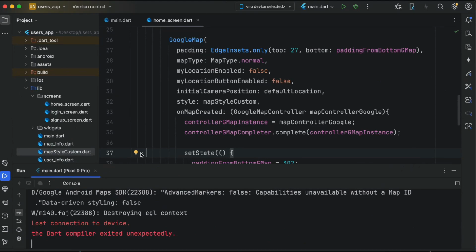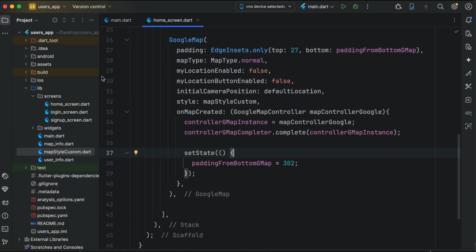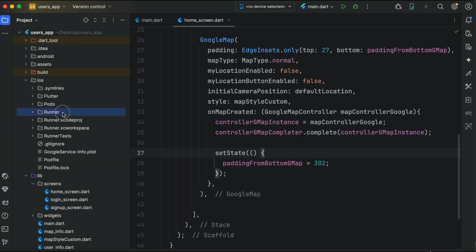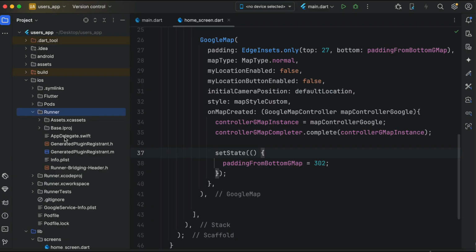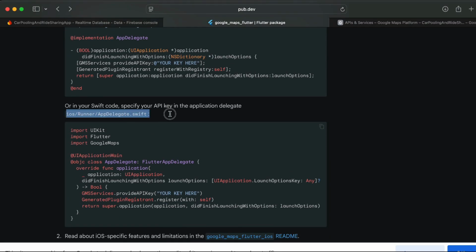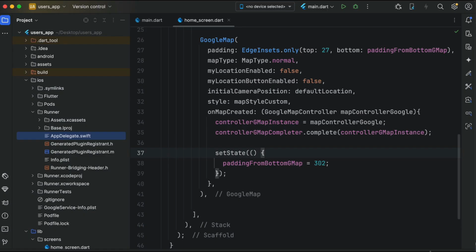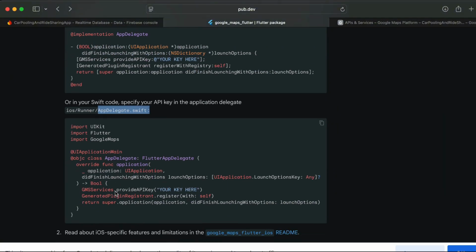So in case of iOS, you need to simply go to your iOS module. Inside the iOS module we have runner, and then here we have this file app-delegate. So if you have app-delegate.swift file just like this, then you will follow this piece of code. Otherwise, if you have app-delegate.m, then you will follow this piece of code. So as in our case it is app-delegate.swift, so we will simply copy the piece of code from here, which